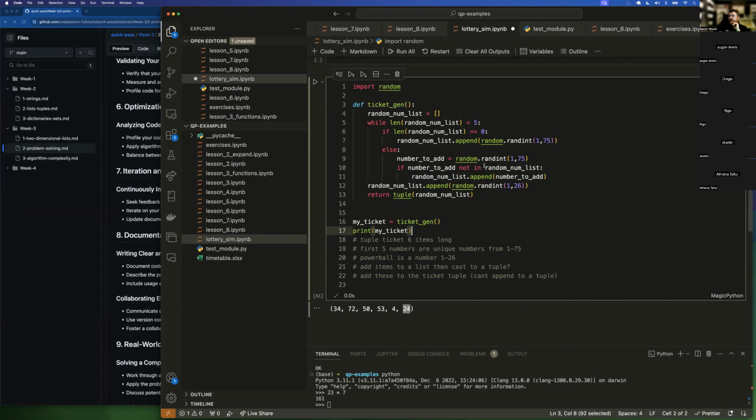And then I'm going to start iterating through this loop. And the first time I run through it, because there's nothing in it, I want to add my first number. And then otherwise, I want to check number to add, make sure it's not in there. And if it's not in there, add it in there. So that's going to add unique numbers 1 to 75. So this loop may run